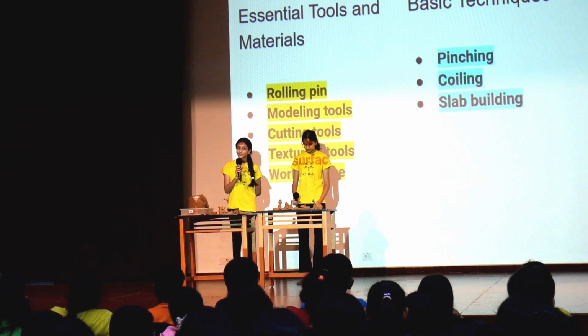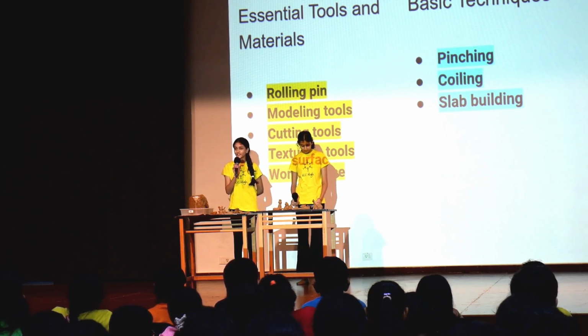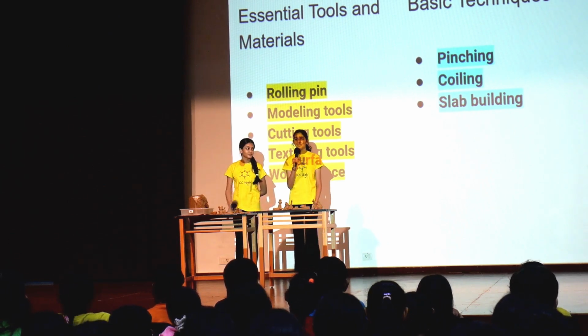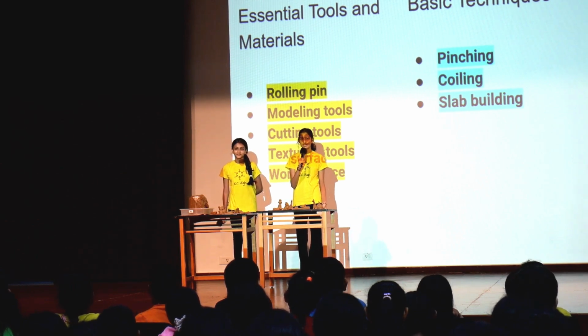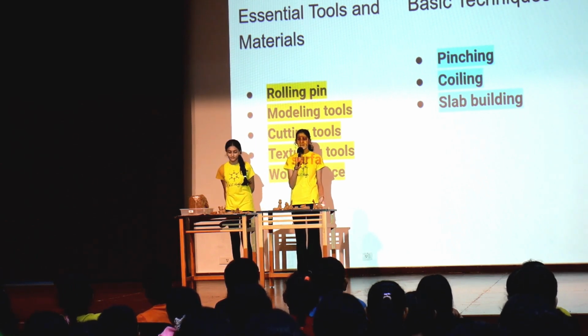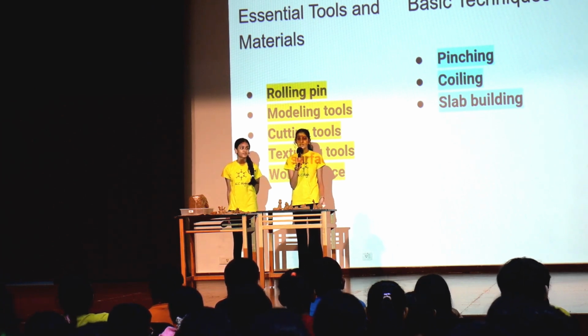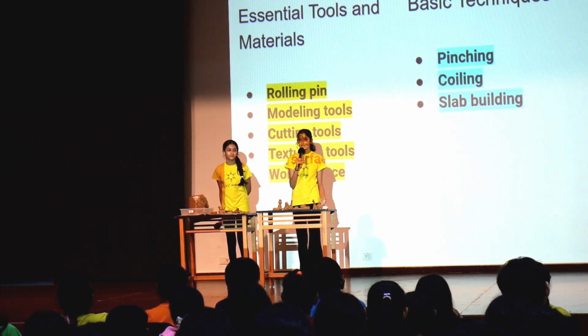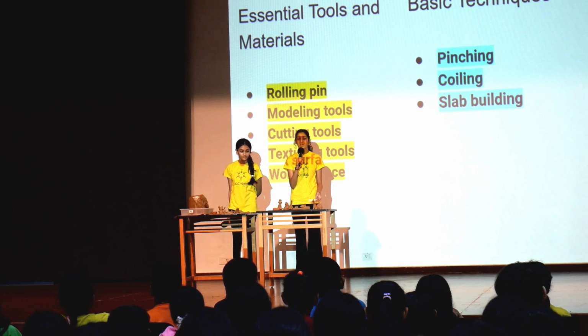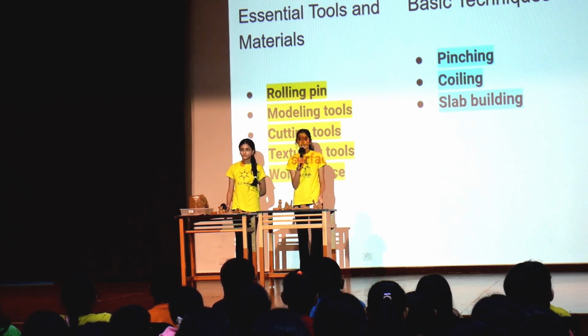This is typically used to make bigger pieces like pots, vases, or even sculptures. Let me show you how it works. First, you roll the clay into coils and lay it out in a spiral. You can smooth out the coils and blend the edges together to make it in one piece. The cool part is that you can make the coils as thick or as thin as you want, depending on the